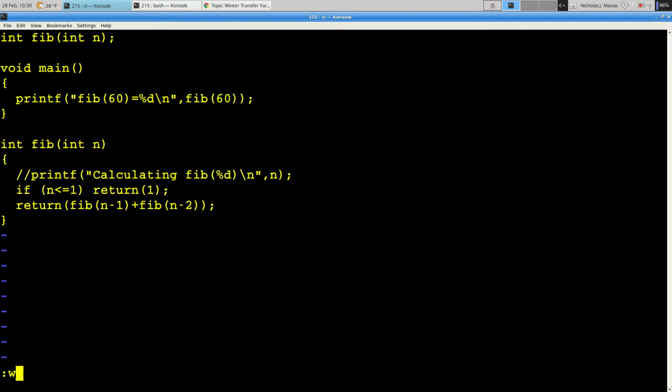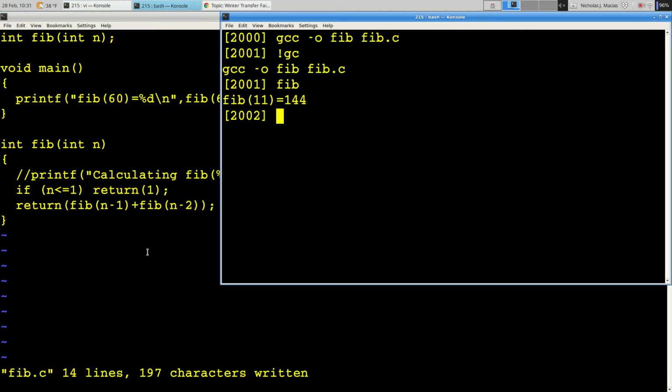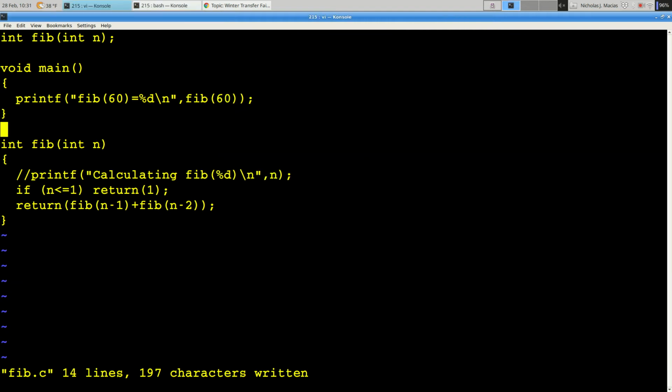is even a small task like finding the 60th Fibonacci number is not going to finish. Now we could do this on paper in less than 2 minutes probably, especially if we had a calculator. We just add up pairs of numbers 60 times, and we'll find the 60th Fibonacci number. And it's not that big a number either. It's not like, you know, zillions of digits. The challenge here